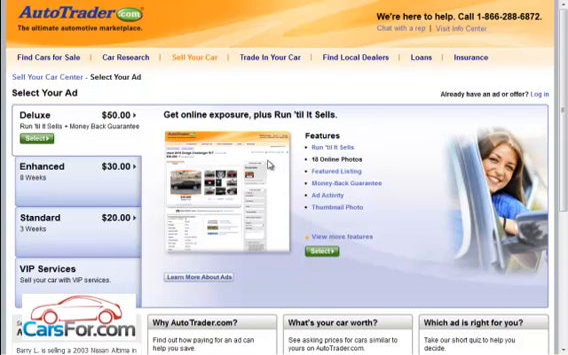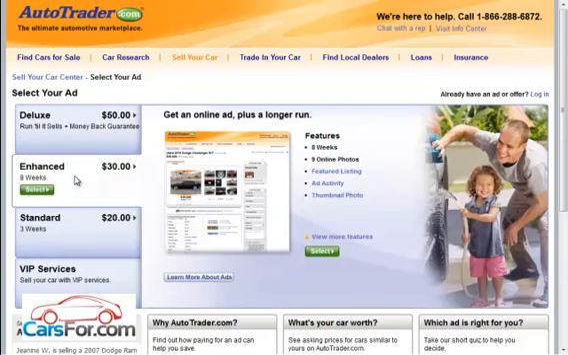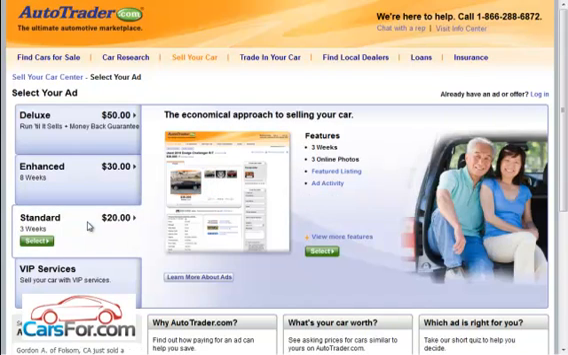On this page, we're going to want to choose what type of ad we want to run. As you can see here, we have a couple of options. The first option, for $50, the ad runs till it sells. You get 18 videos, a featured listing, money back guarantee, and thumbnail video. The next option is 8 weeks for $30. You get 9 online videos, which is half that of the deluxe, a featured listing, and thumbnail video. The standard option is $20, and you get 3 weeks, 3 online videos, a featured listing, and then the ad